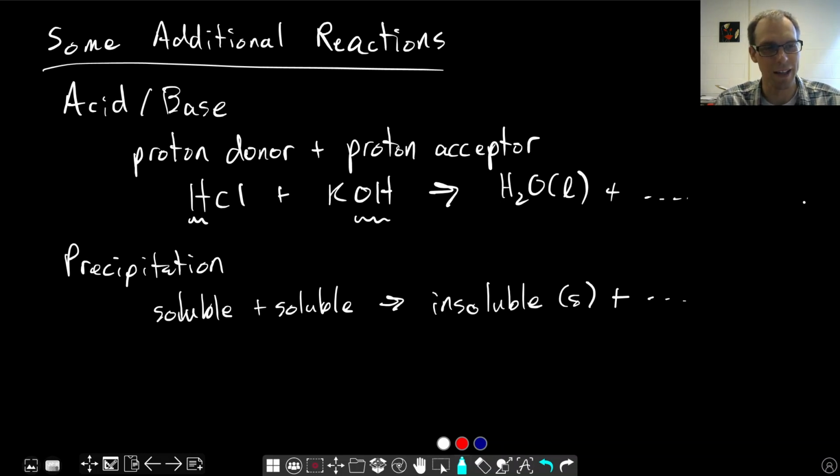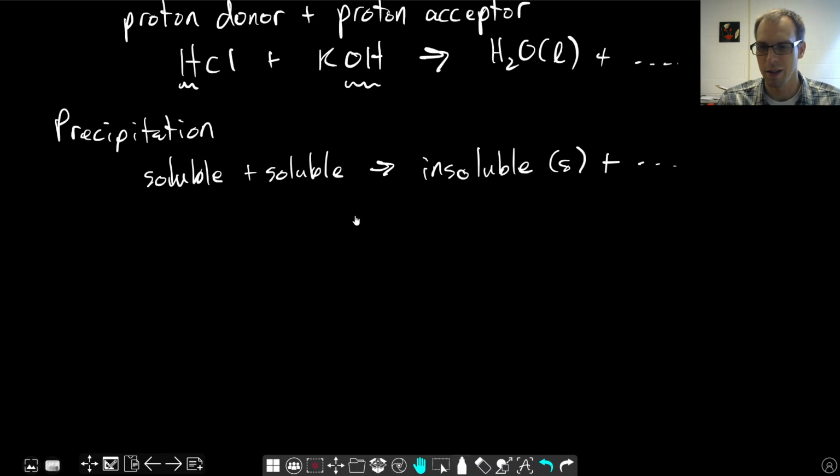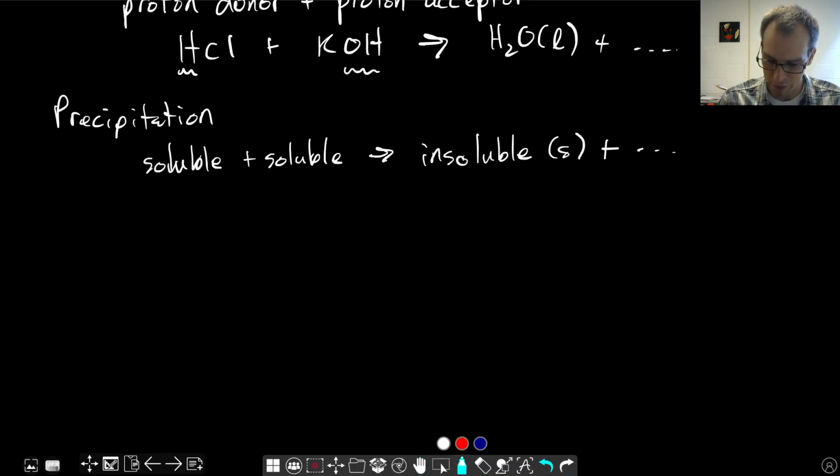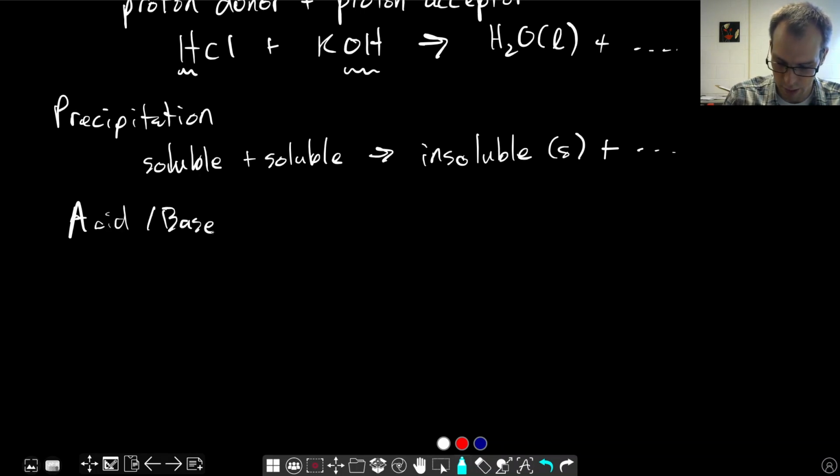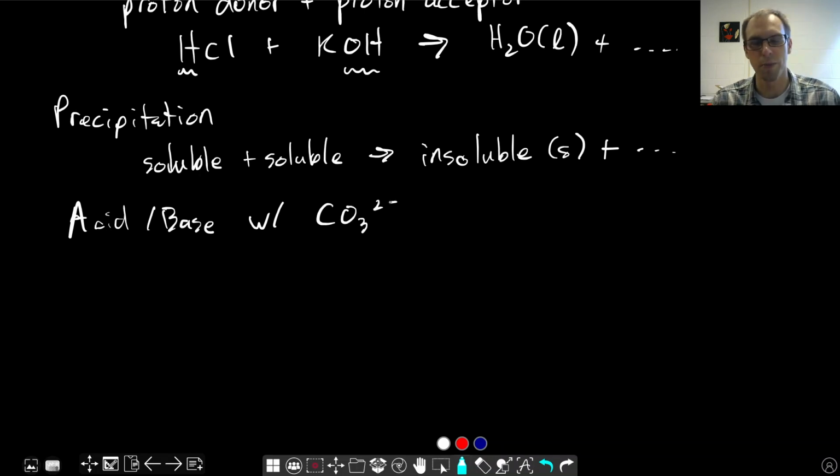So they're still technically acid-base reactions, but maybe give products that you aren't quite expecting. Let's start with an acid-base reaction involving carbonate. Carbonate is this ion, CO3 2-. And we can get either solids or soluble compounds. Either way, these reactions will occur regardless. But if we take a